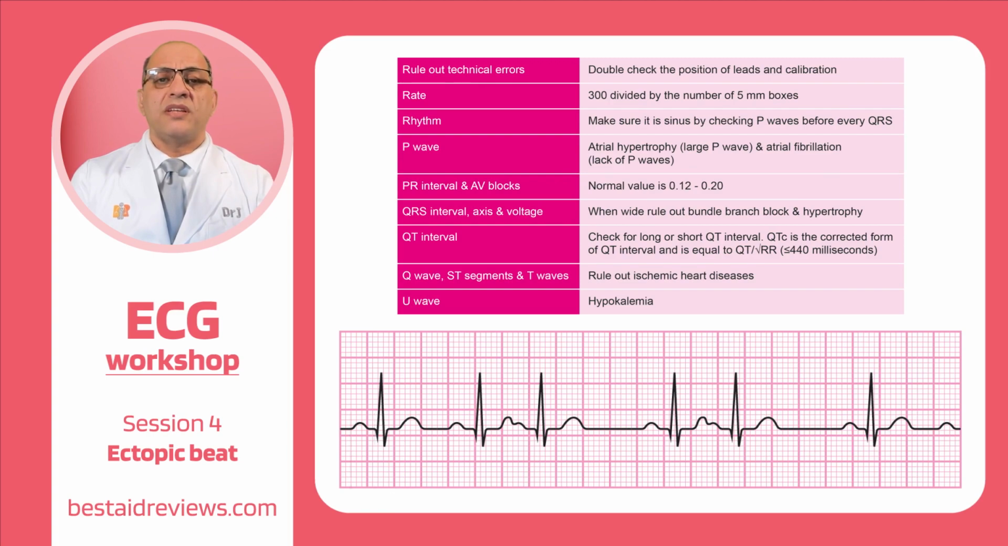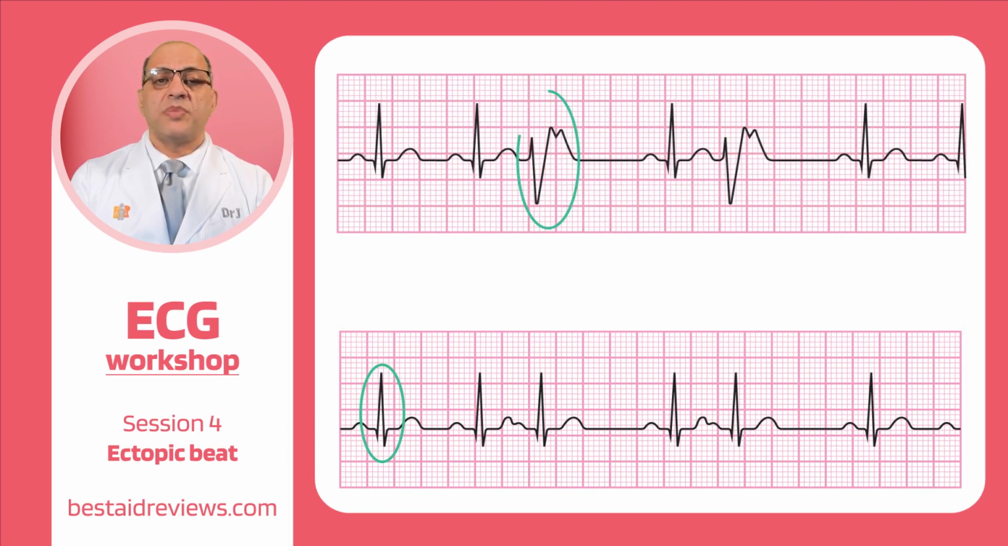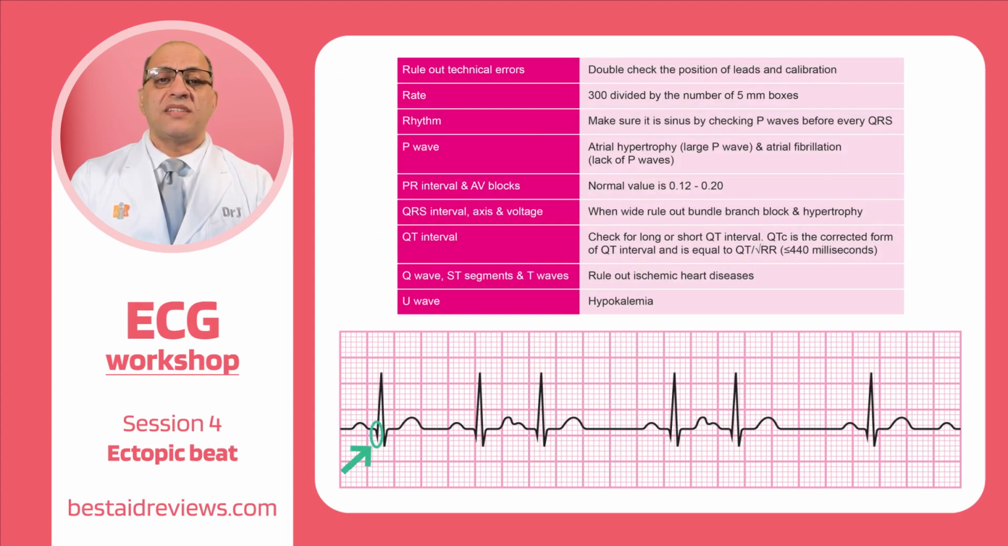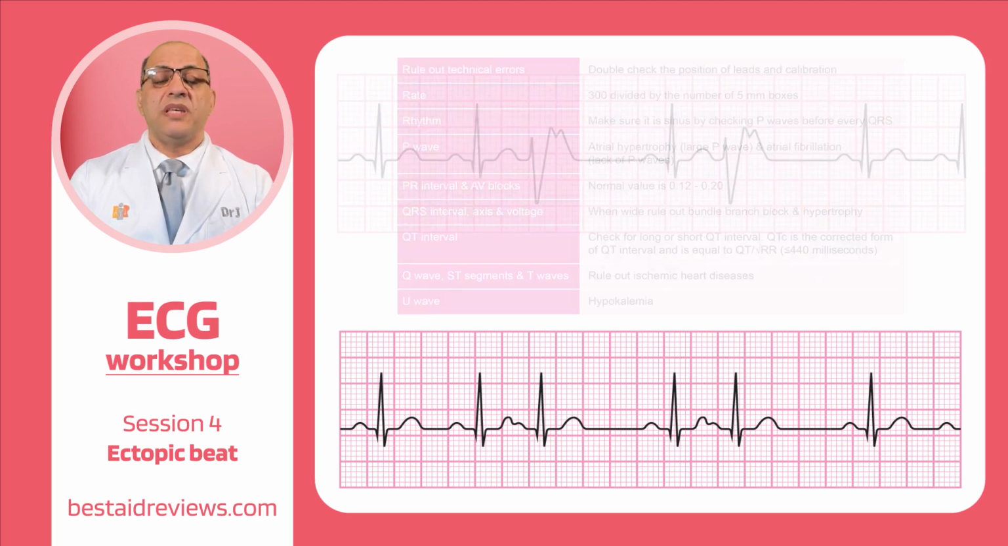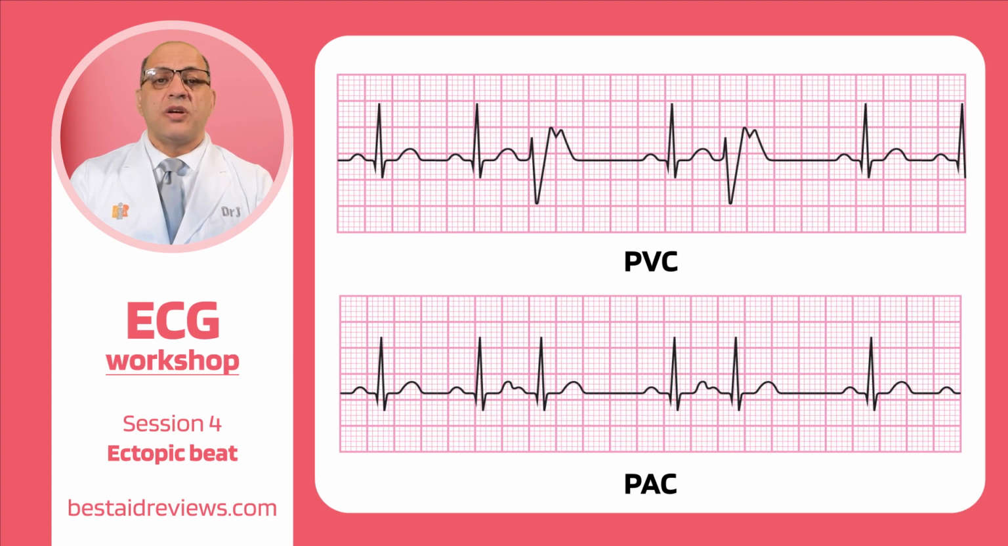And we look at the shape of the QRS complex. Here it is normal, but in the case of a PVC, it is wide. And then the Q wave, ST segment, and the T wave to see ischemic changes. So we have our diagnosis here. It's a PAC, and here it's a PVC. A PAC is a premature atrial contraction, and a PVC is premature ventricular